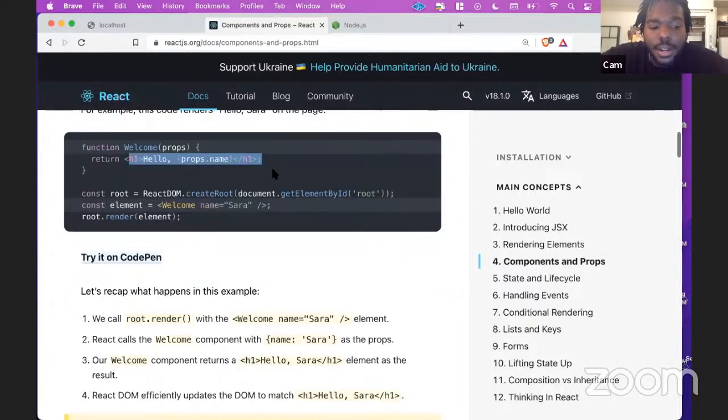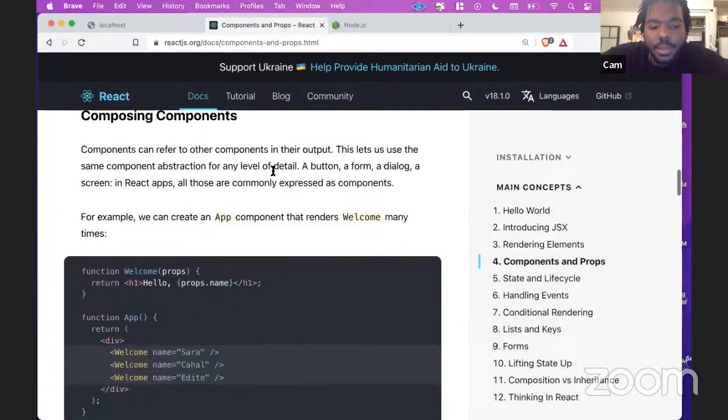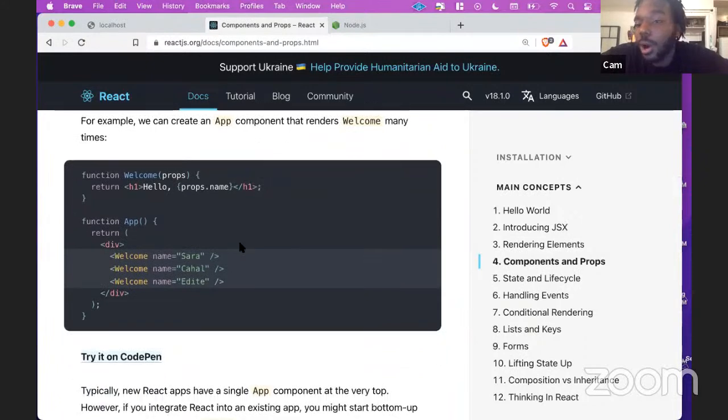The point of props is that you can create components to be a lot more modular. You can create one component, but change the prop so that you don't have to reinvent the same component over and over again. If the only thing that needs to change, for instance, in this scenario where we have a welcome message, is the actual message or the name for someone in the message, right? Why not pass that as a variable or as data that can change via prop, so that we have one component that we can call multiple times